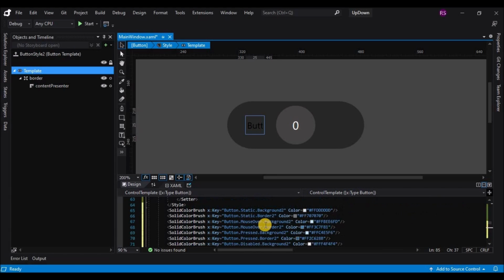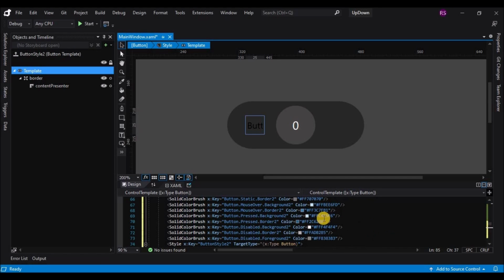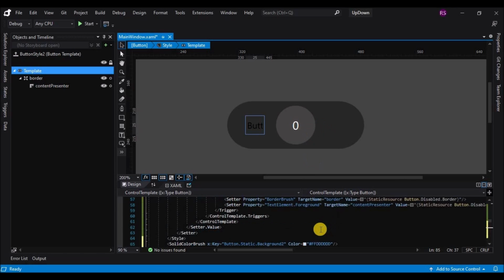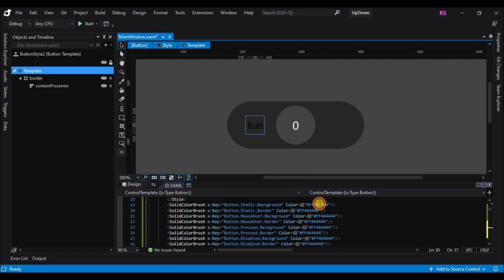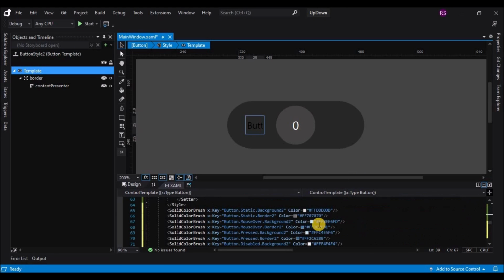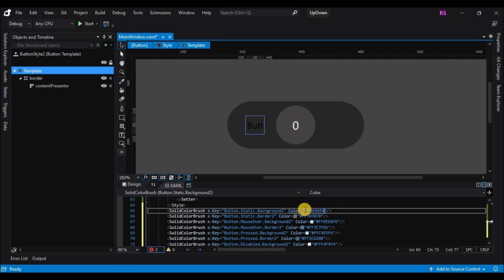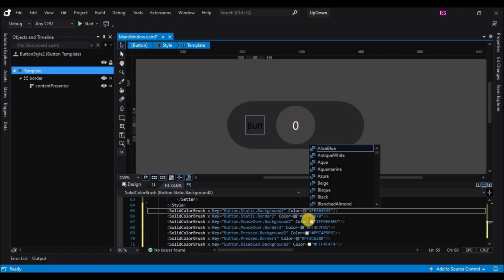So if you go here, you will see that we have different colors, but we only want it when we press the button. We want a highlighted color only when we press the button. So we'll retain the same color for the pressed buttons, but the rest of the color we'll set it to the same color as the rectangle.